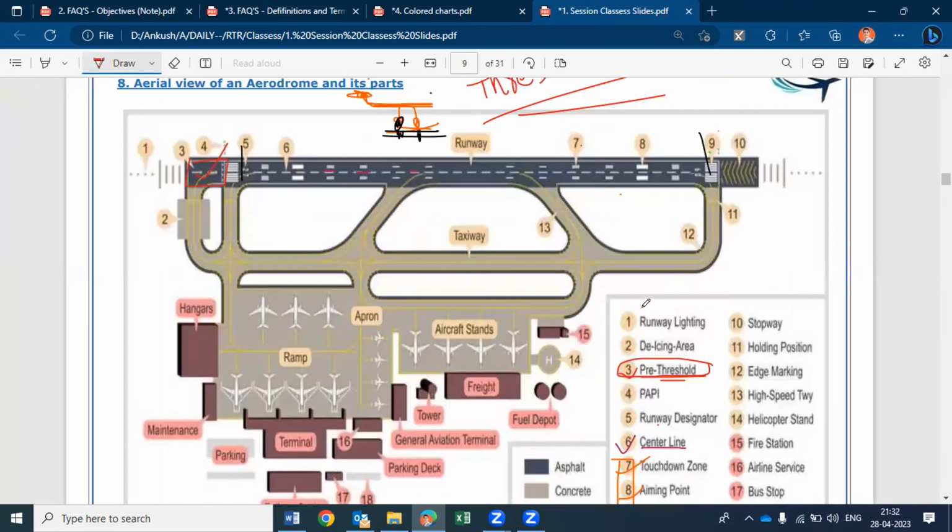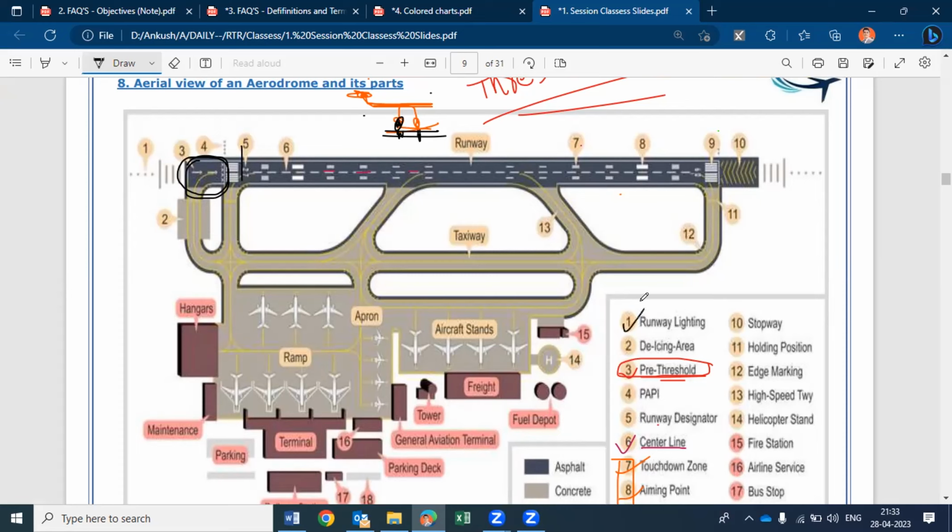Why? Because in today's date we are using both sides of the runway every time। हम इधर से भी लैंड करते हैं एयरक्राफ्ट, इधर से भी टेक ऑफ हो सकता है। सो यूनिडायरेक्शनल रनवे नहीं है, इसीलिए हमारे रनवे के पास अभी प्री थ्रेशोल्ड एग्जिस्ट नहीं करता है। ठीक है,